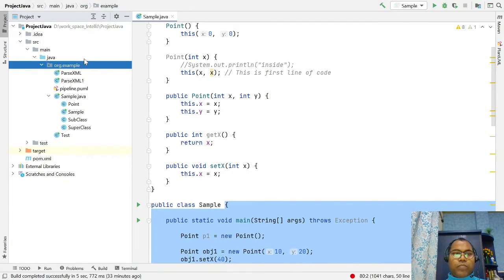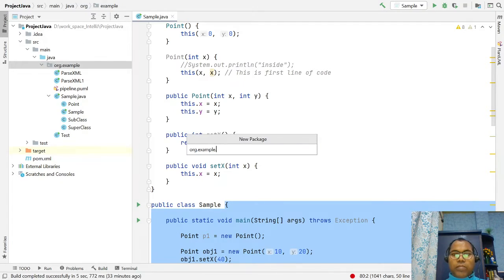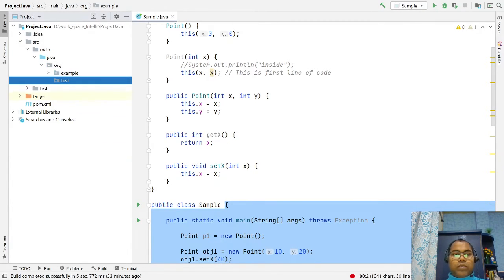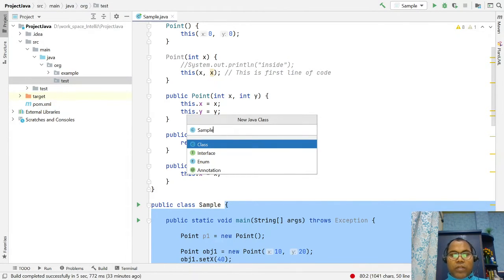Let's write another one: package name dot oh, test. Inside a test you create a sample 2.